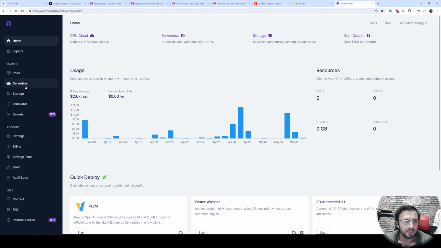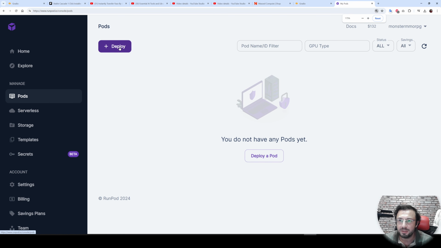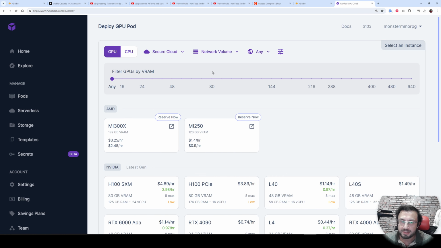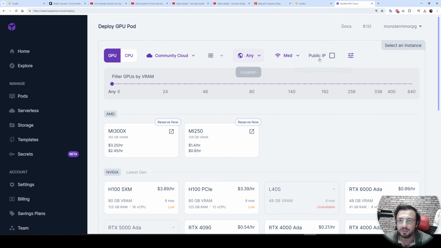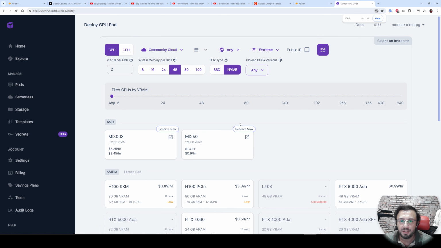Let's log in to RunPod. Add your credits. Then once you have your credits, all you need to do is click this Pods here. Let me zoom in, click deploy. I have several settings that I have made to get the very best pods on RunPod. First of all, I use Community Cloud. It is cheaper. I select extreme speed here. Then click this filter, select NVMe. Then select memory per GPU for the 8 gigabytes. So this will bring us very good pods.